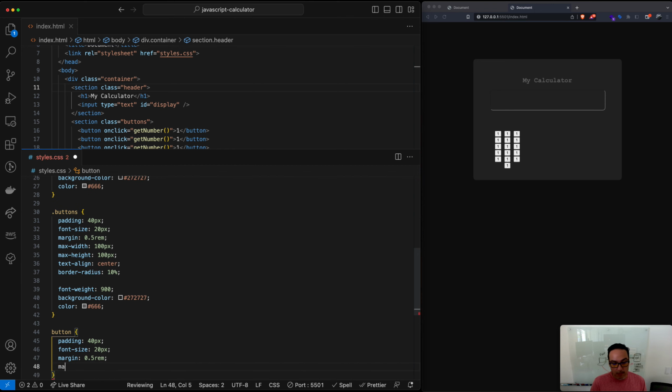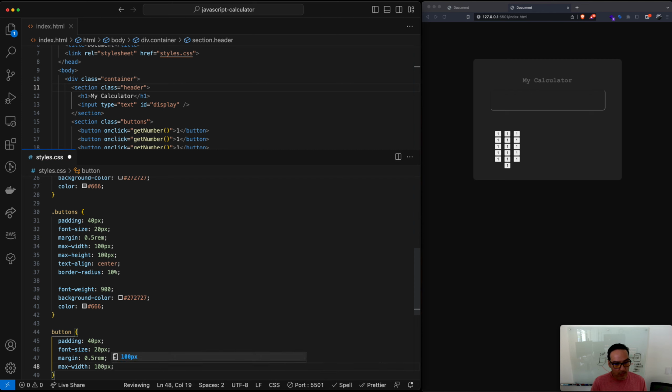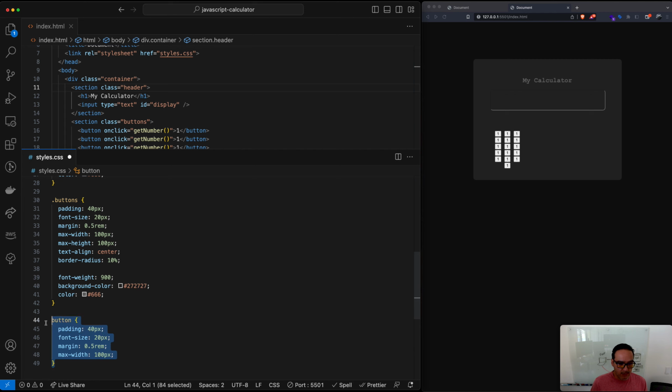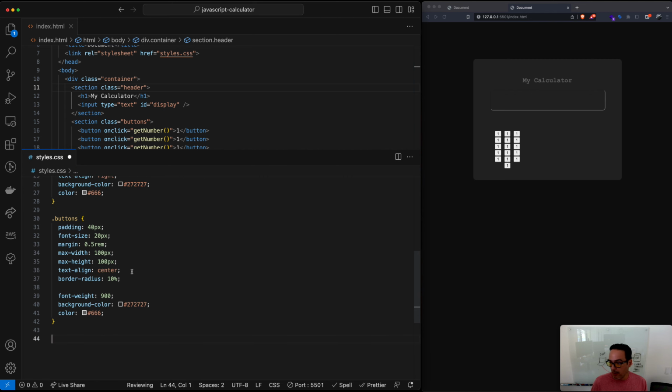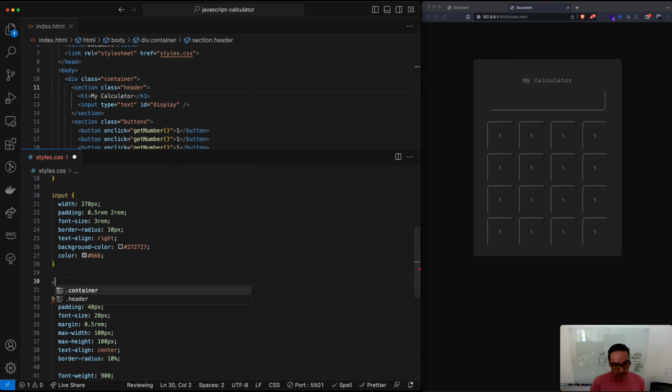Then we could do a max width of 100 pixels. Whoa, I'm sorry. I was like, what's going on? I thought I did this already. Okay. Yeah, sorry. This is for all the buttons. Okay. And then for the wrapping buttons class,